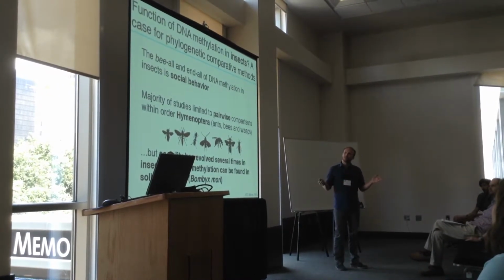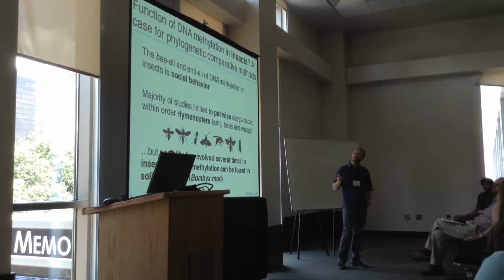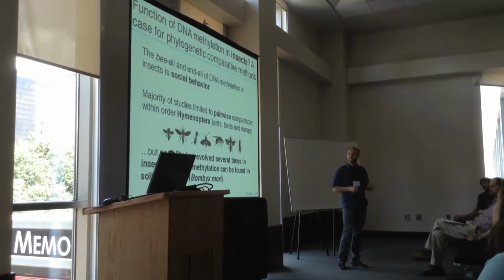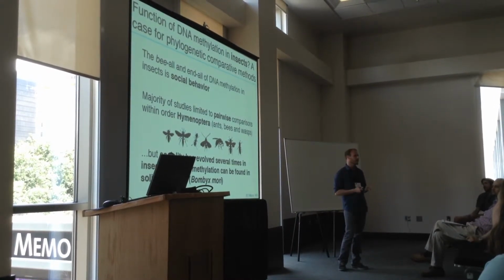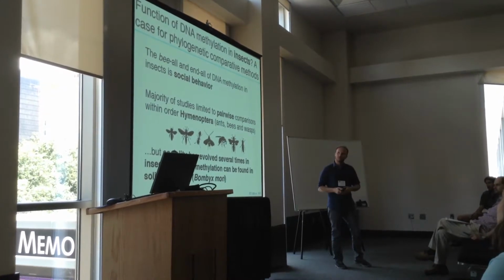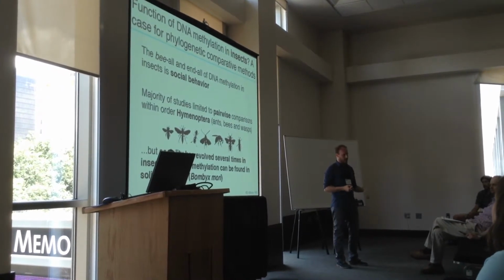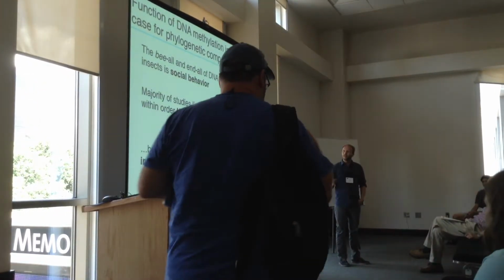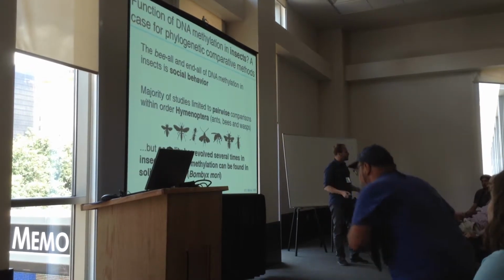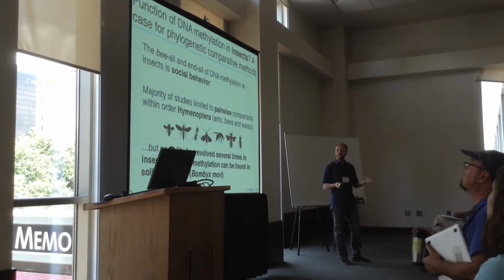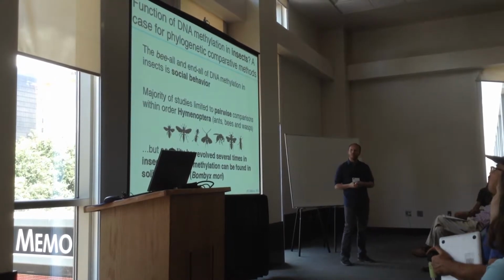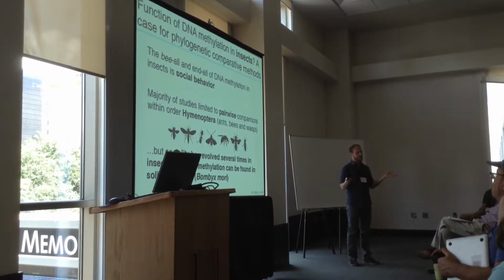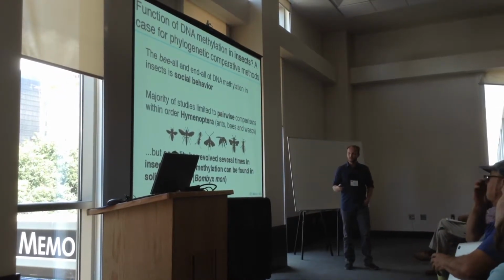But we're not giving up. We can turn to other organisms and use comparative phylogenetic methods to test hypotheses on the relationship of DNA methylation to other traits. So we're going to treat DNA methylation as a trait correlated to other traits. In particular, the be-all and end-all of DNA methylation in insects is social behavior. It's somehow involved in regulating different behaviors of individuals within a single population, all the way from the evolution of social behavior down to caste differentiation, so very extreme eusocial behavior.